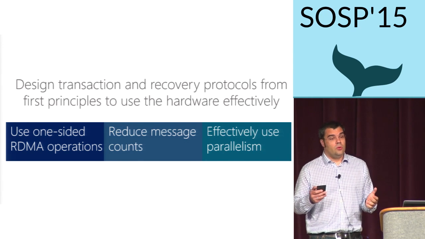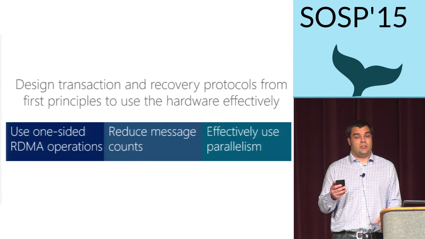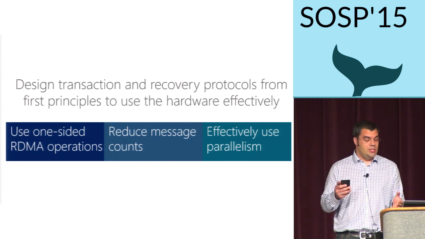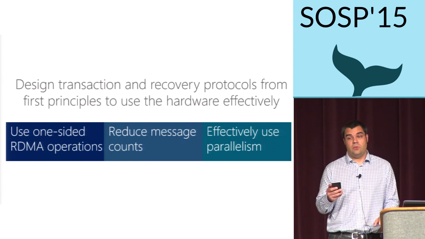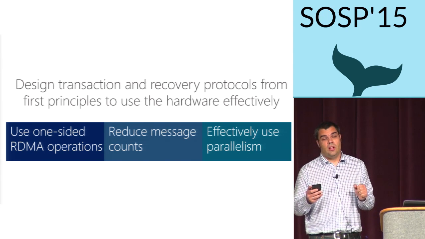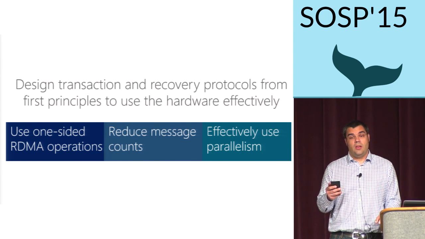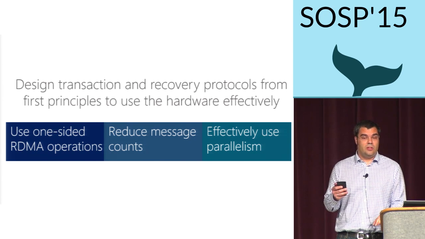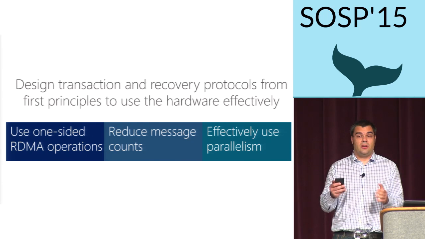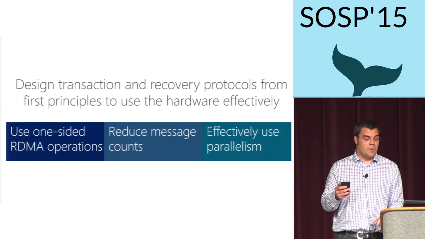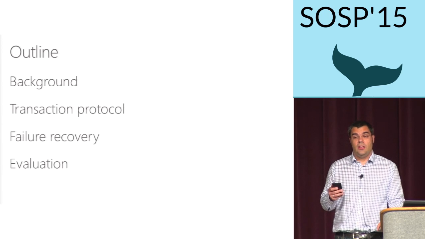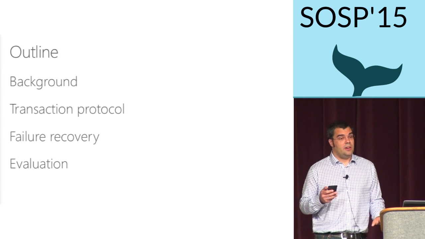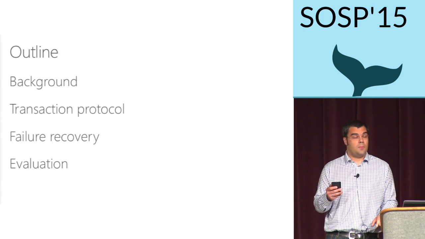And then also we need to use our CPUs as efficiently as possible. And for this, we basically try to avoid parallelism to use parallelism as much as we can. One example of this is that we allow new transactions to be performed during the recovery of the system, which increases availability significantly. Okay? So in the rest of the talk, I'm basically going to tell you how we use these 3 design principles to build very efficient transactional recovery protocols.